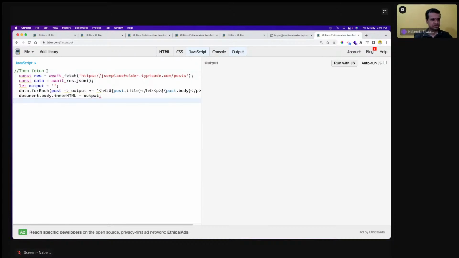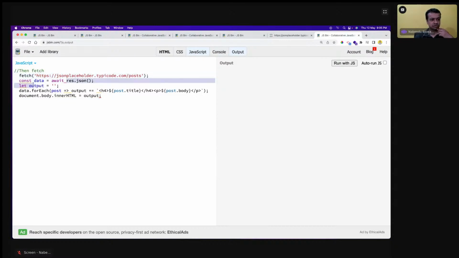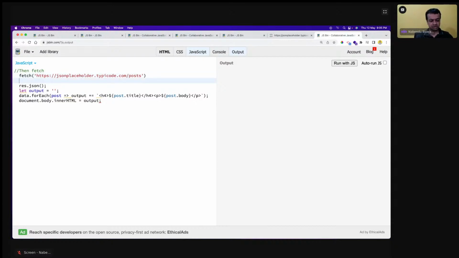So this then fetch I will return. So what will happen in this console.log and all the rest. Okay, so then is a bit complicated. What happens with this then? I'm going to remove this thing, I'm going to remove this thing also. Okay, so here I have a dot